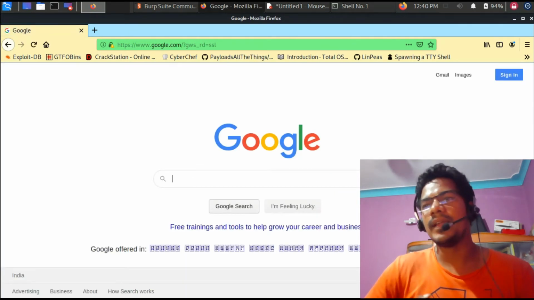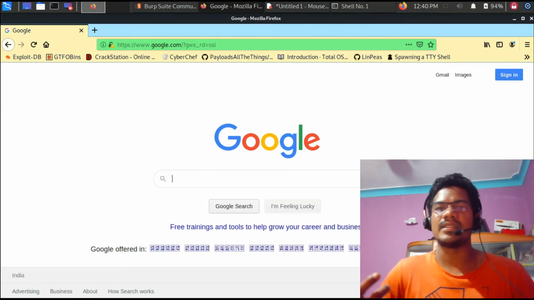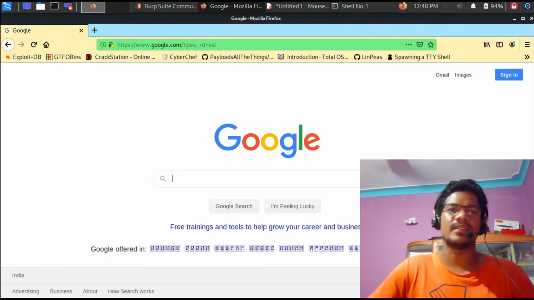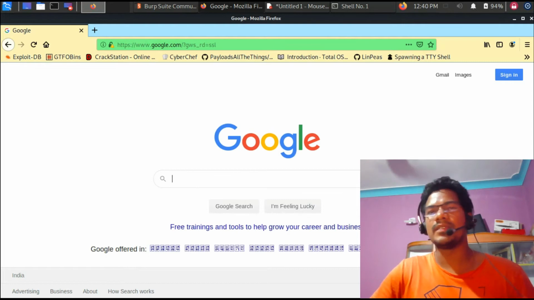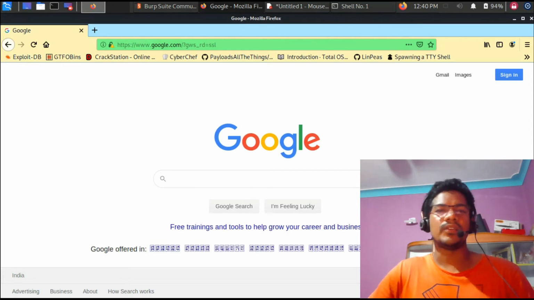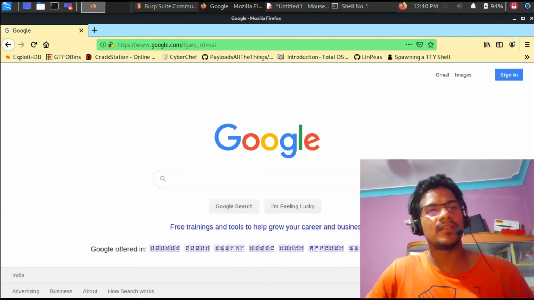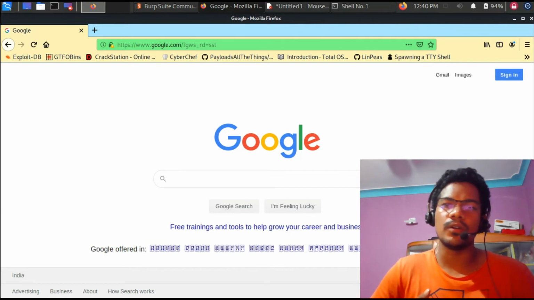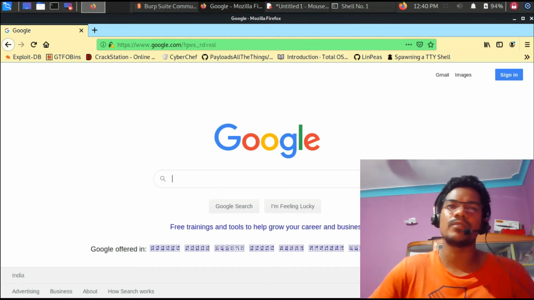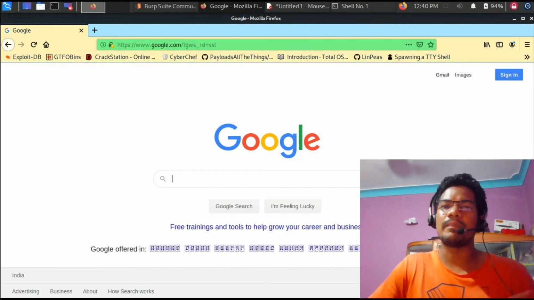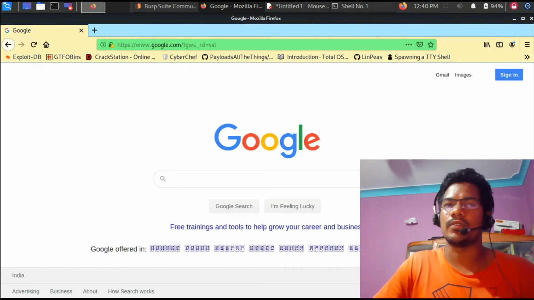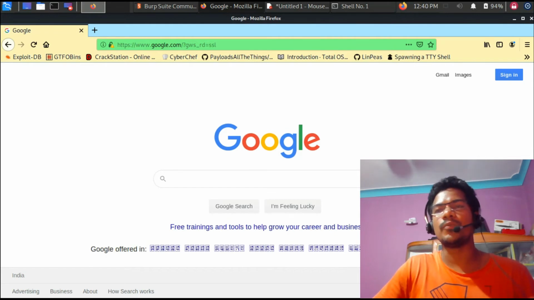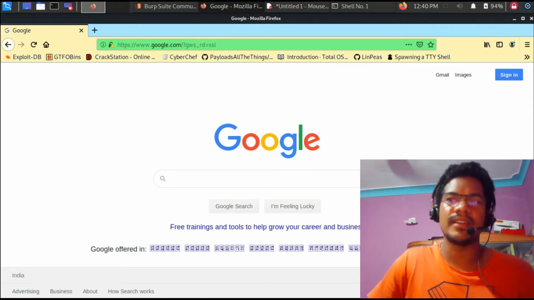So this is a simple example where you can basically try for a URL redirection attack by following this simple step. Wherever you see redirect URL equal to something, you can just provide google.com. Most of the time people use google.com only. Of course, you can try any other website if you want, like Facebook, Twitter, whatever, and see whether your application basically redirects you there or not, right? So let's go ahead and see a few more variations of this particular URL redirection attack.